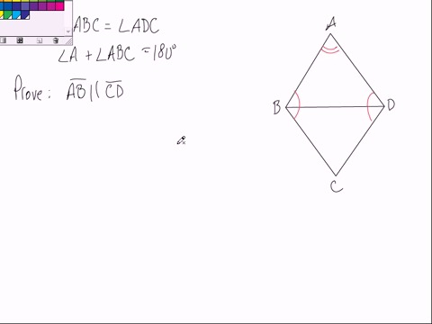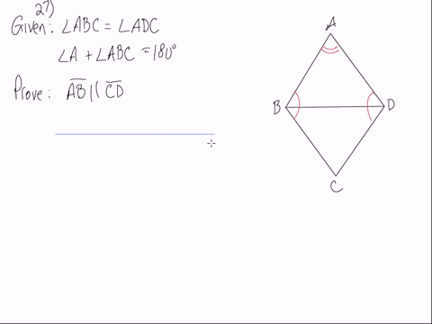All right. So let's do a statement reason thing. Two columns, since these are two-column proofs. Statement, reasons. First thing I'm going to say is this: angle A plus angle ABC